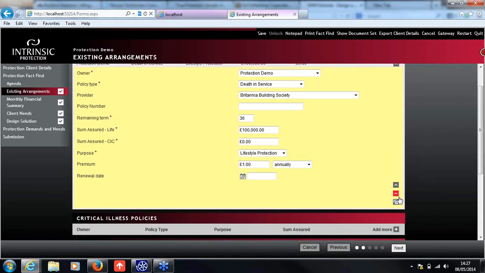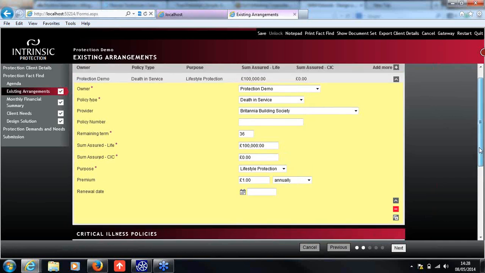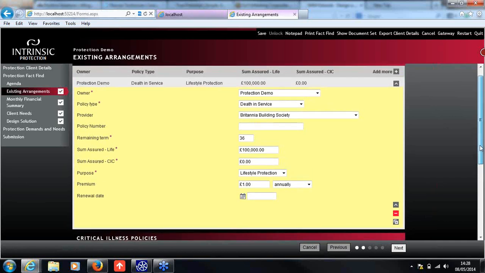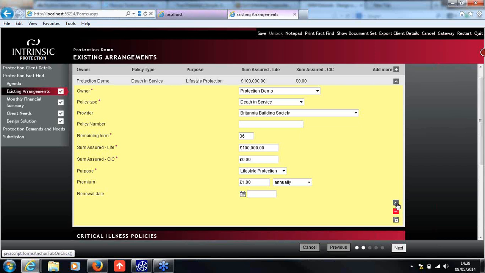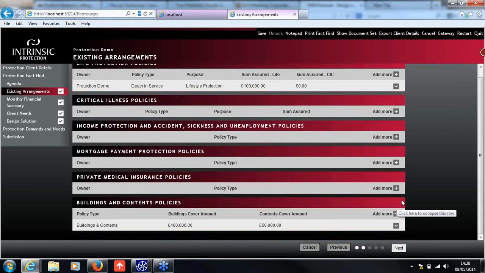Okay, and if you wanted to delete that for any reason, you could simply click on the red minus icon here. If you wanted to create another policy, to duplicate that row, you could click on the plus icon at the bottom, just below that. But as this particular client's just got the one existing arrangement under lifestyle, we're just going to collapse that row